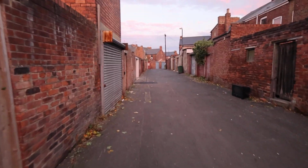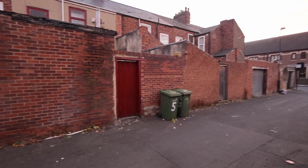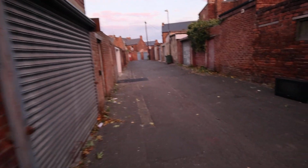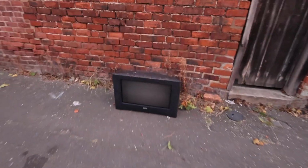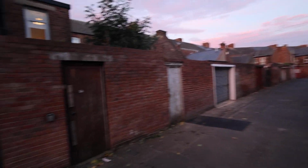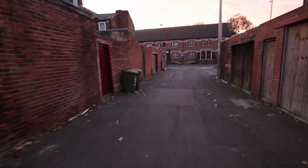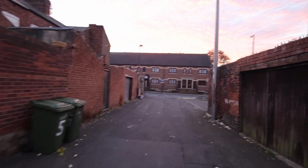Now, we're just down the back of the Retreat. These were fine houses at one stage, where lots of middle class lived here. We've still got some of the old features, like the back lanes and so on. Now, there the story would end, but